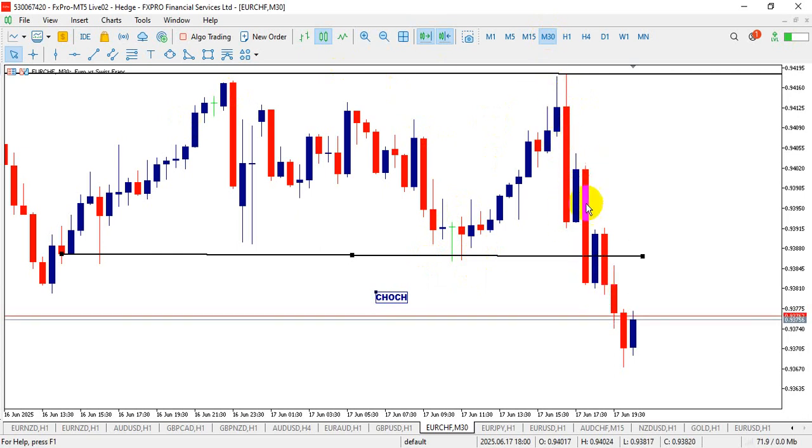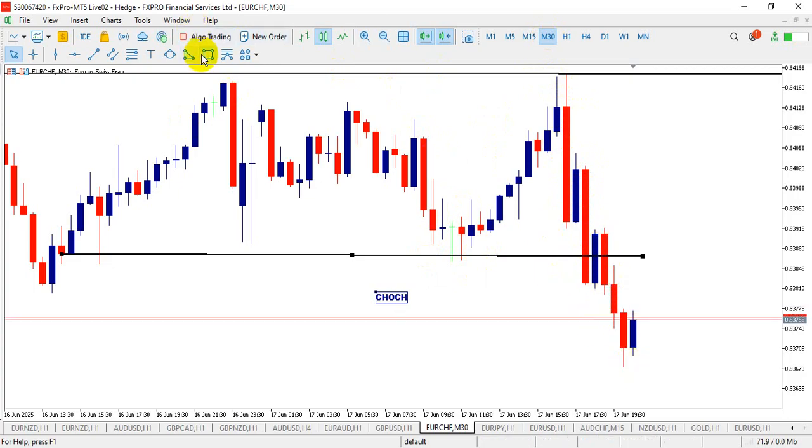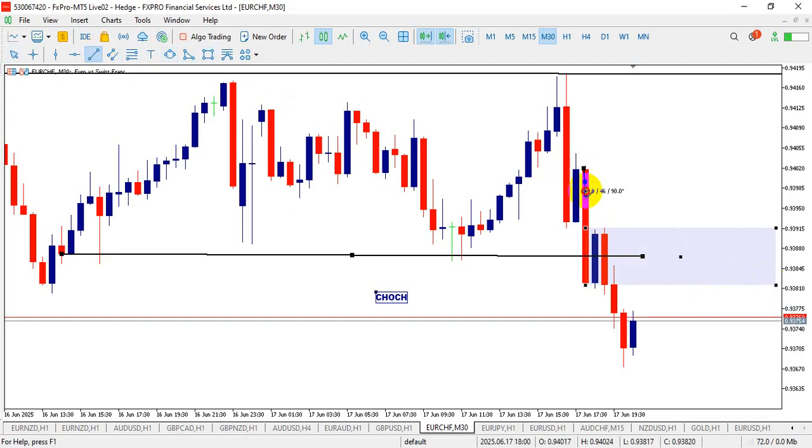Okay, price rallied, giving us a base, rally. So I'll be expecting price, look at what I mean, rally, then base,